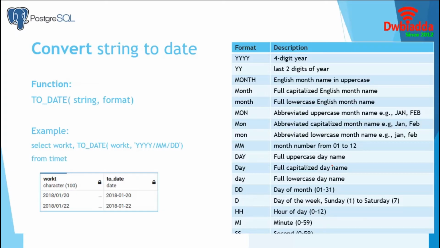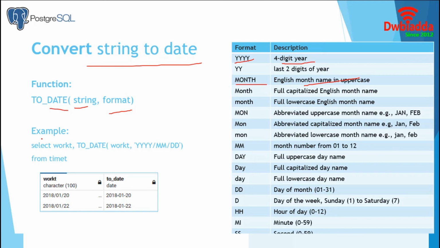In this final section, we will discuss string to date conversion, and we will concentrate on the toDate function. In the first position, we have to specify the string, and in the second position, we must use the string's associated format. Suppose the string contains a 4-digit year, we have to mention YYYY in the format. In presence of an English month name in uppercase, we have to use MONTH in capital letters. These are the common formats we use in the toDate function.